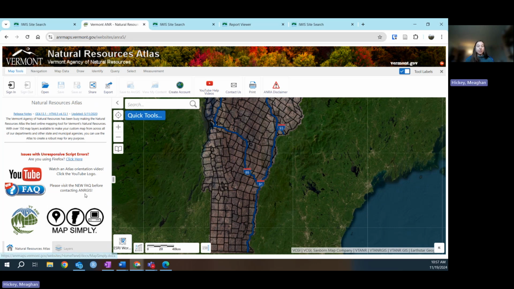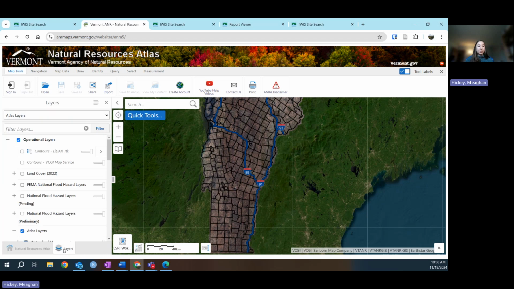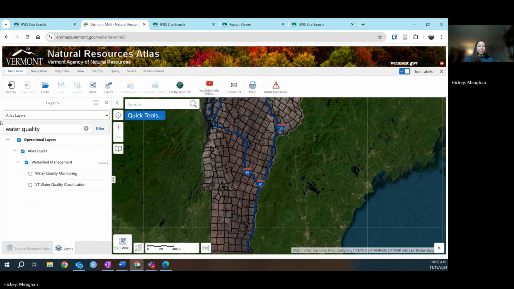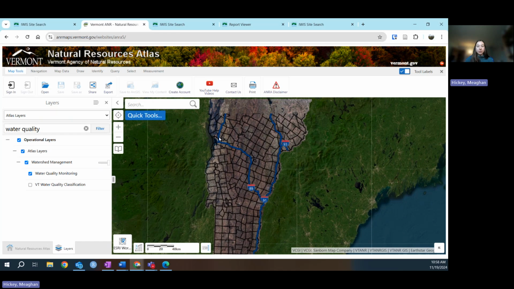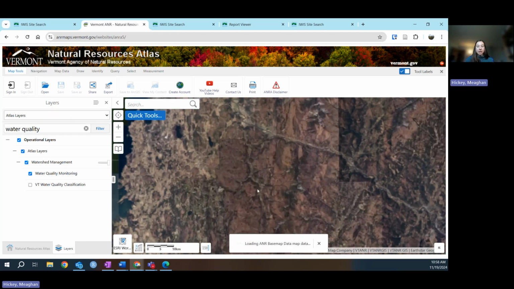I'm going to just briefly talk about how to access the biomonitoring and water quality sites layer. If you go down here to the bottom left, you can click on the Layers tab, and you can search under Filter Layers, Water Quality. If you go ahead and check the box next to the water quality monitoring, this will bring up a layer of all of our water quality and biomonitoring sites. So nothing shows up right now. That's because I have to zoom in. So if I zoom in on a particular area,